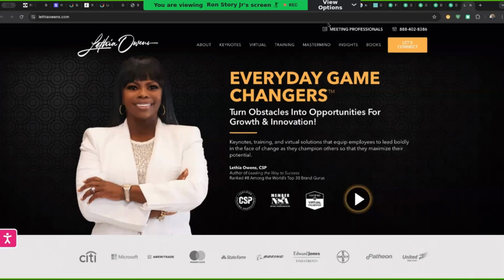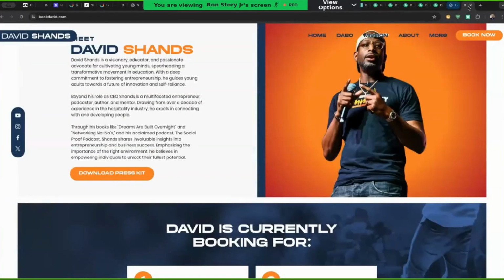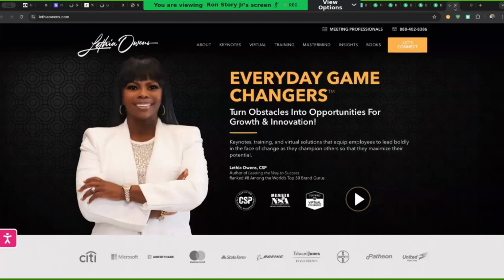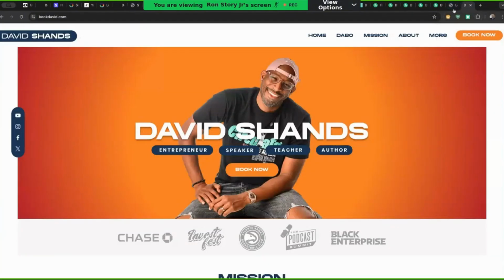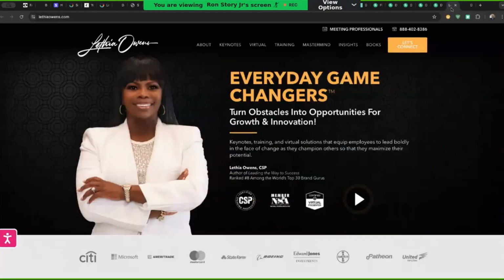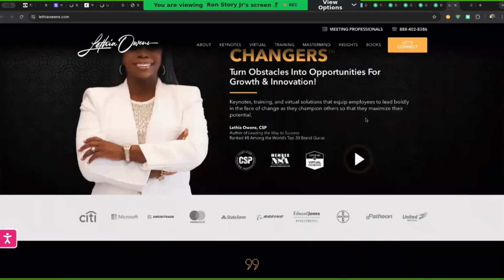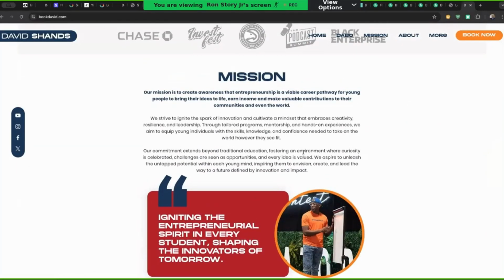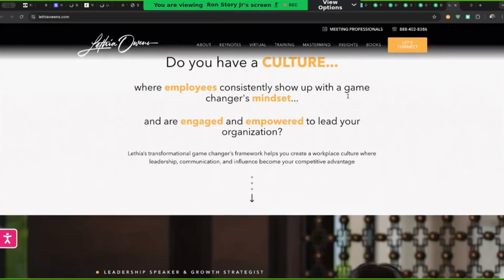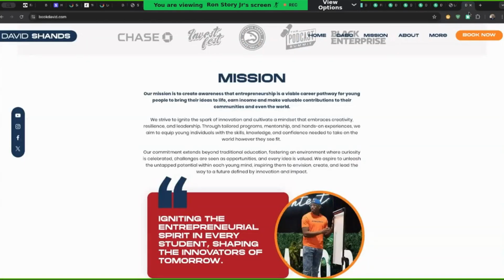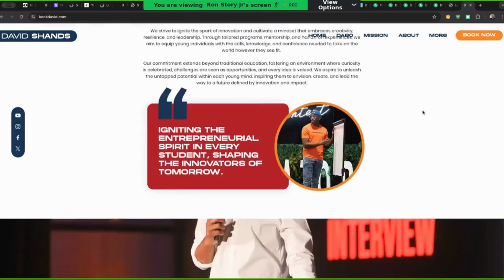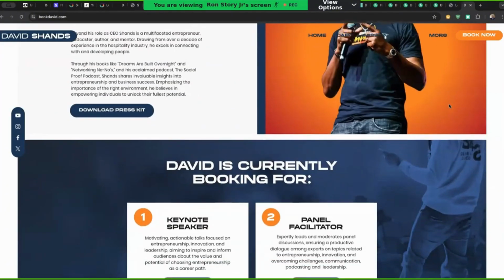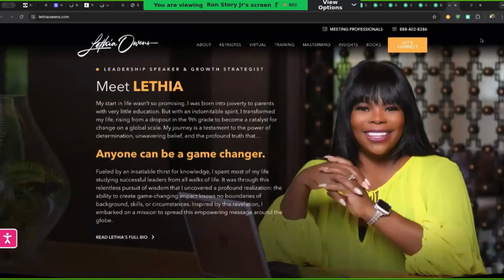But yeah, like her and David's website are very similar. Look at these. It starts off with a great hero shot. Look at that, right? She has her logos down there. He has his logos down there. It goes down into a quick quote from someone that she's worked with. He went into his mission, but she covers that next. Meet Lethea. Then it's going to say meet David, probably. Let's see. Boom. I mean, they're following the same things, right? There's his topics. And let's see what Lethea got.